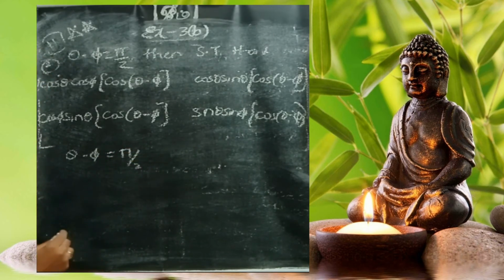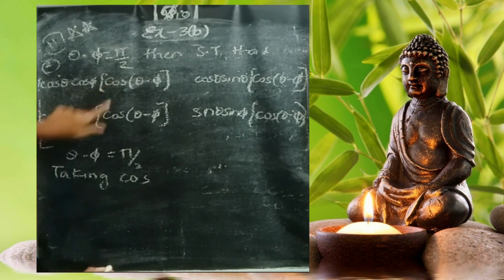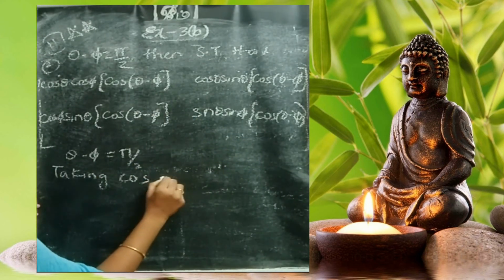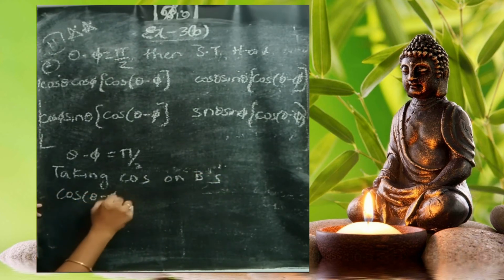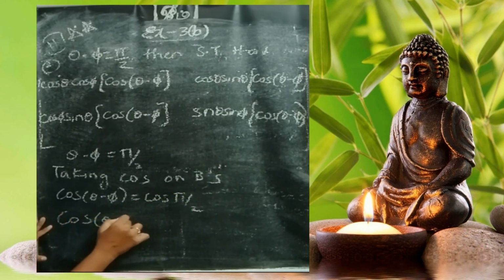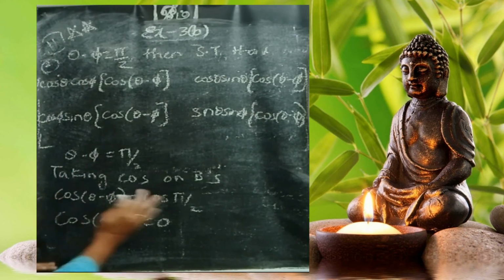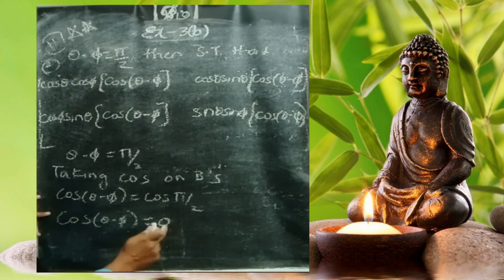They have given the condition. Now taking cos on both sides. Why? Because for everything there is a cos, right? If it is sin, you can also substitute sin. So cos on both sides. Now cos of theta minus pi equals cos pi by 2. What's the value of cos pi by 2? It is 0. In trigonometry this will be discussed. Already in 10th class we have learned the values of cos, sin and everything. So cos pi by 2 is 0. Now substitute cos pi by 2 is 0.